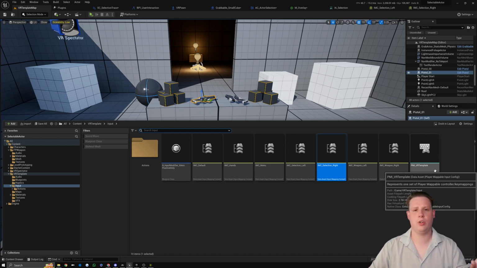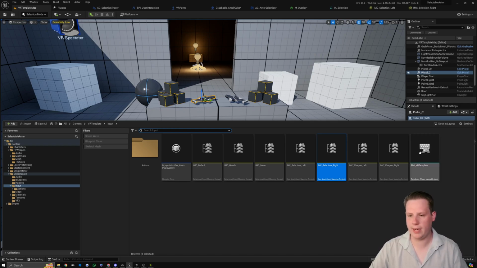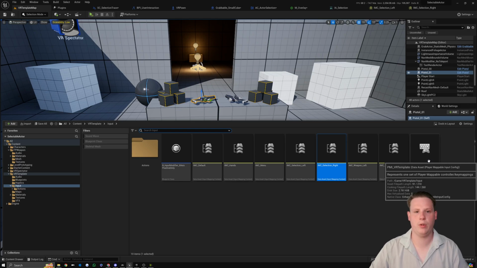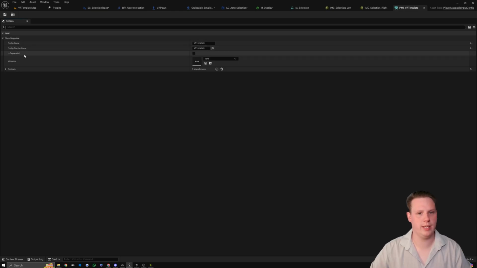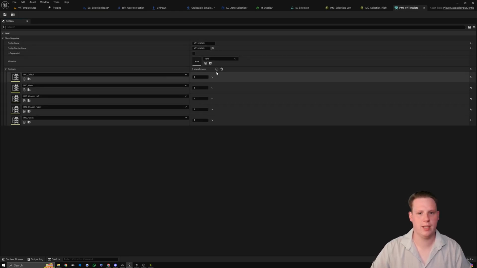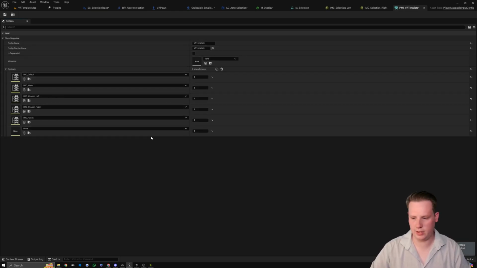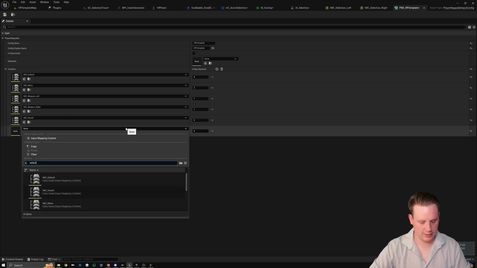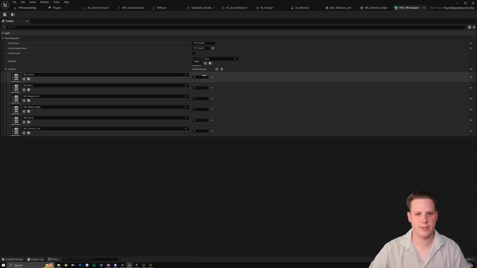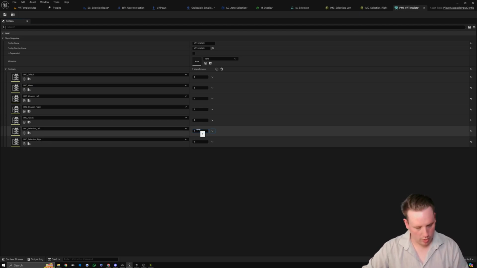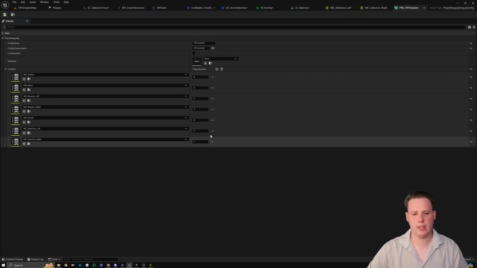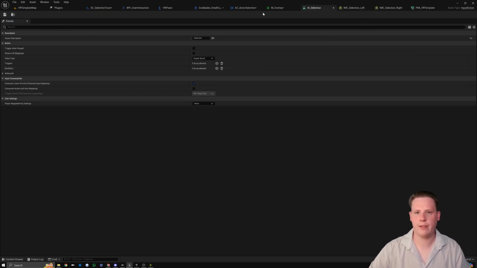So I'm doing the tutorial in 5.3. You might not need this or have it in 5.4, but it should still work. So PMI VR template, I'm going to open this up, go to contexts, press plus twice, and then search for selection left, and then selection right. I'm going to change these priorities to 1, and then we're going to hit save. You might be able to leave the priorities at 0, it's not too much difference, but I found that 1